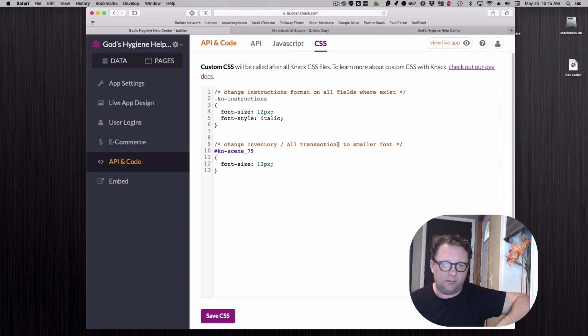And the only way I can do that so they don't have to scroll over it was to make the font smaller. In that case, that view of the inventory was scene 79. So I made this font where it worked. Now, if I wanted the smaller font to appear on all pages, I would have put any there instead of a specific scene. You can also hide crumb trails, and even on instructions, which wouldn't appear here,